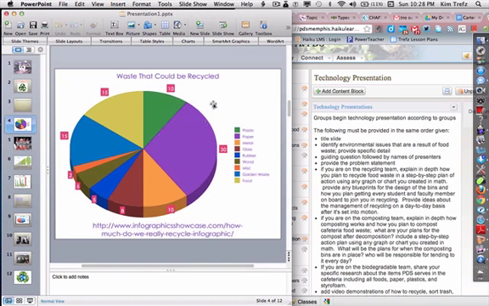But remember, our guiding question is about how we reduce waste at PDS. So I would like to see just the specific materials at PDS that we can recycle. But this could go with our global section. If you want to talk about the environmental issues and the global issues, then maybe these are the things that we are seeing in our landfills, and that would work in that specific area. But as far as PDS, you need to pinpoint what specifically we're wasting and how we can reduce that.